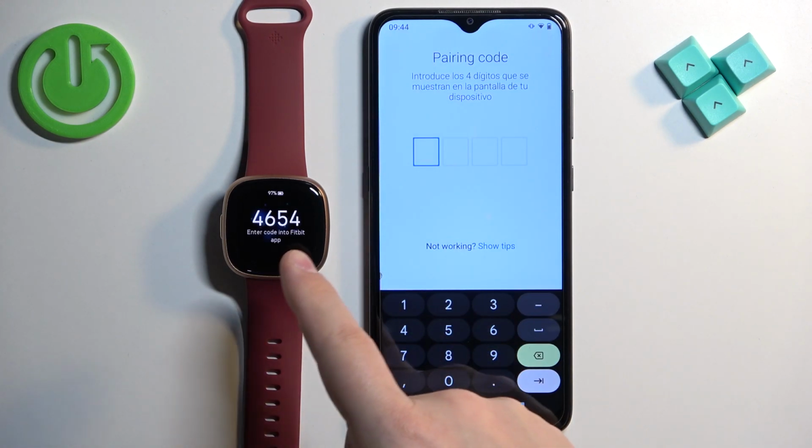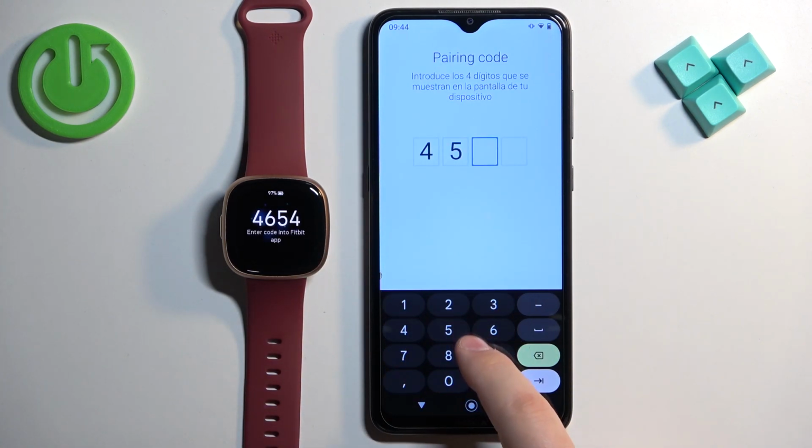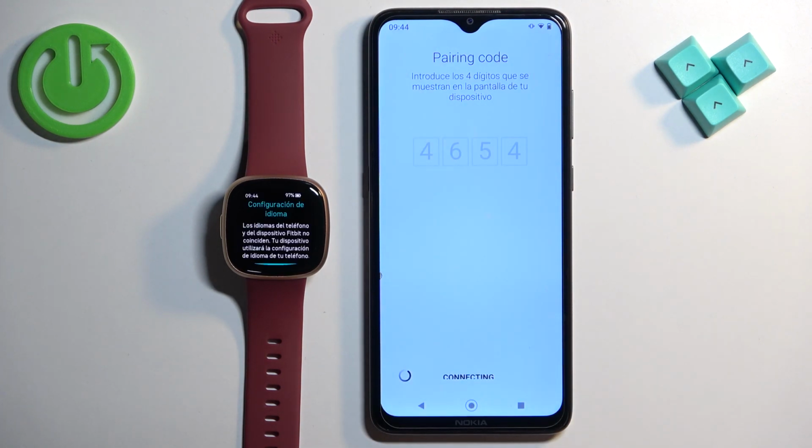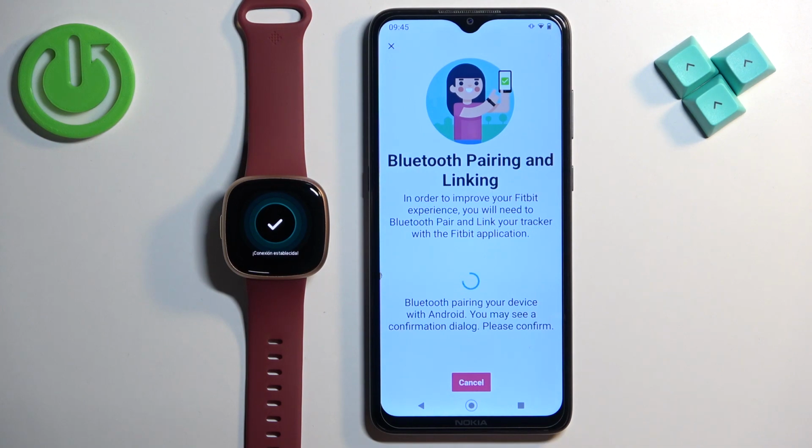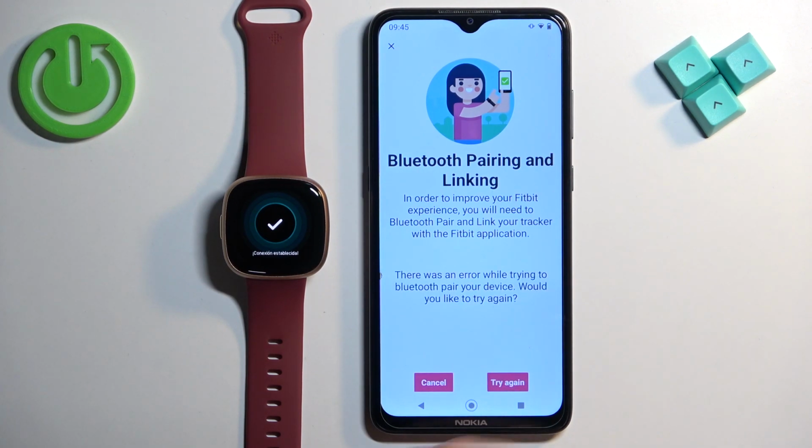Now we need to enter the code from the watch to the app. As you can see, the watch for some reason also switched to Spanish. I don't know why it's happening, because I selected the English on the watch and the phone's language is set to English. I have no clue why it's doing this, but we can continue. If you see this error,